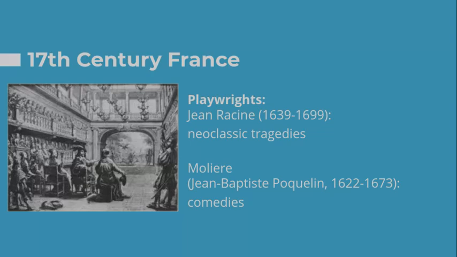Now, over in 17th century France, we have French theater, which drew upon and popularized many of the innovations of the Italian Renaissance. So most companies performed in converted tennis courts, but some moved into really impressive theaters, and then they incorporated that elaborate Italian style scenery that we were looking at earlier. The most famous playwrights of this time period were Jean Racine and Molière. Molière was also an actor, and he was a manager of his theater company. He wrote farces and comedies of manners, and he wrote many plays that feature eccentric central characters.